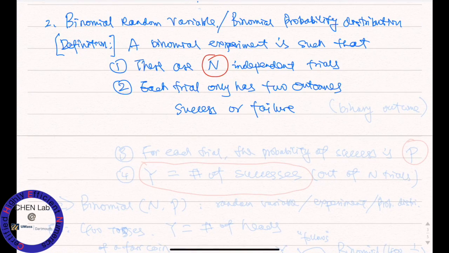Again, this is just relative, right? As long as it's binary, you can call one success and the other failure. It's just a name. The essence is binary outcome. As long as you try the same experiment n times,